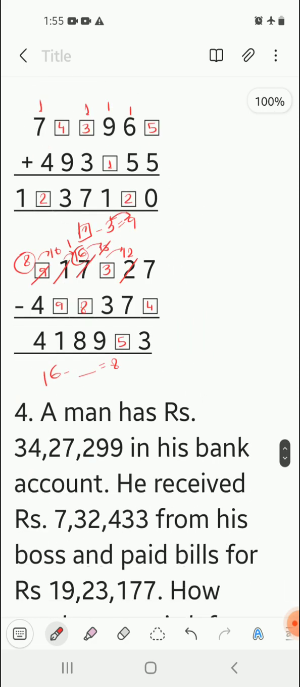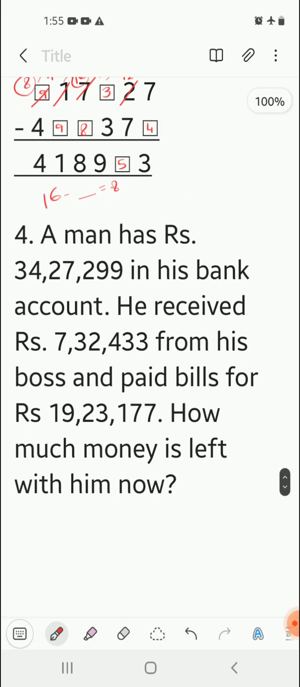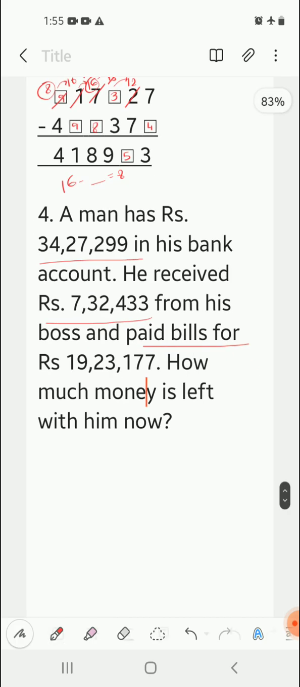Now we are going to move to the next question. A man has this much amount of money in his bank account. He received this much from his boss. That means his amount of money has increased. Now he has paid a bill. Paid a bill means his bank balance has reduced. Now we are going to write the statements. Statement will be